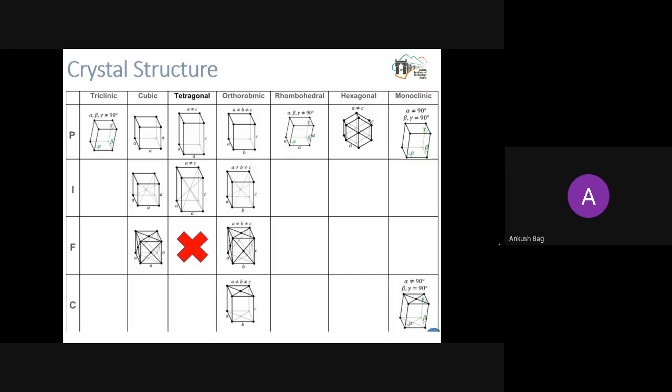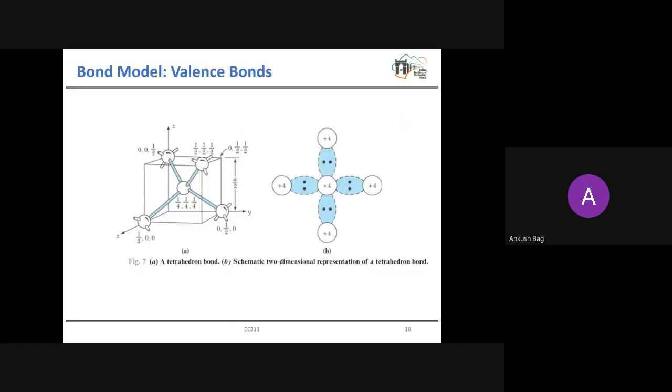But for the other semiconducting materials, like all the compound semiconductors, we have different types of crystal. So we'll show you shortly. So this is once again, I think you know, this bond model. This is a tetrahedron structure. So here this is again your silicon. Here you can see one atom at the center, and then we have these other 4 atoms. So we'll discuss all this in detail.